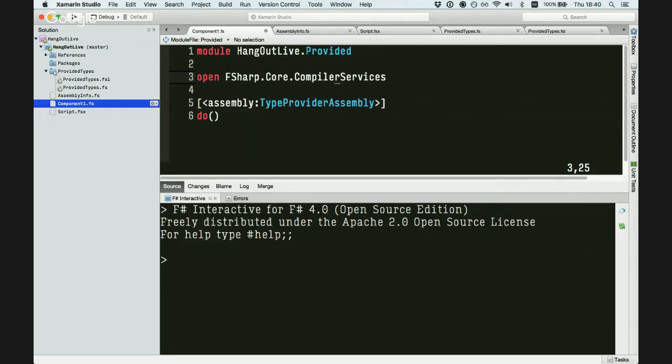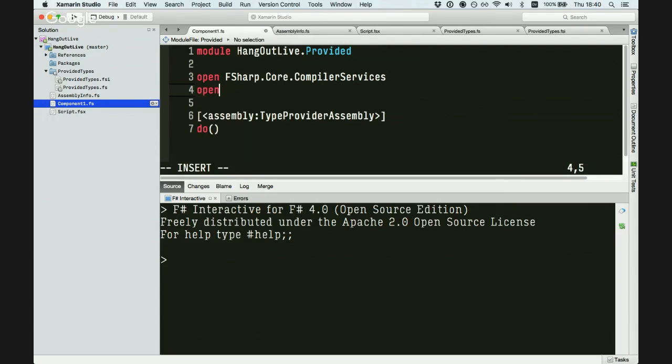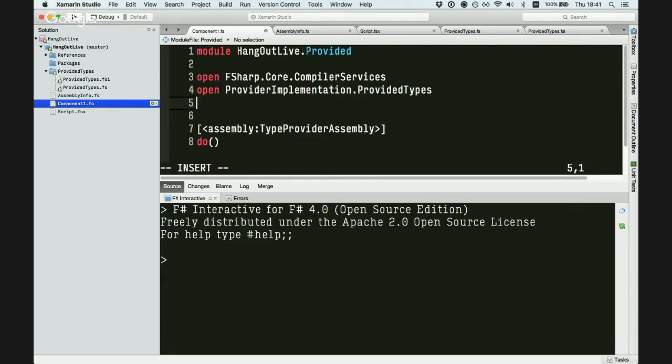Yeah, so F# core compiler services, that's built into the core libraries. And we also have this provider implementation, what you've actually included by referencing this provided types file here. So now we have our type provider assembly in our namespace. So we've now flagged this assembly as containing a type provider. And the only other thing at this point we need to do is create a class that implements the